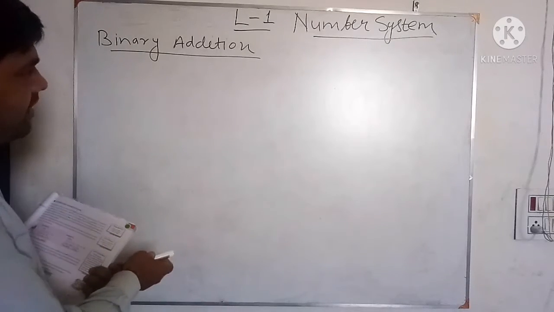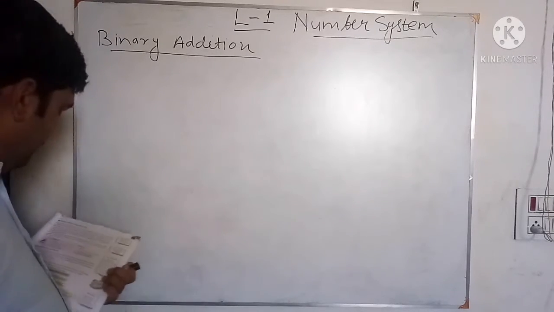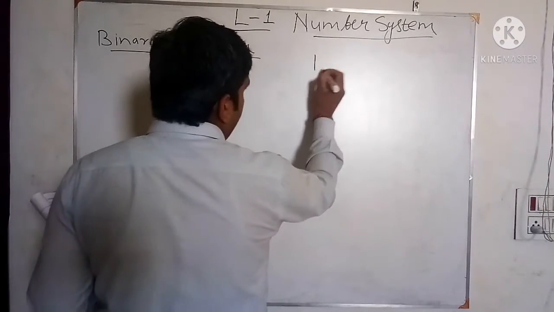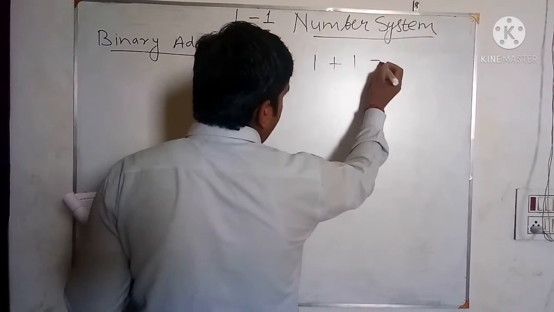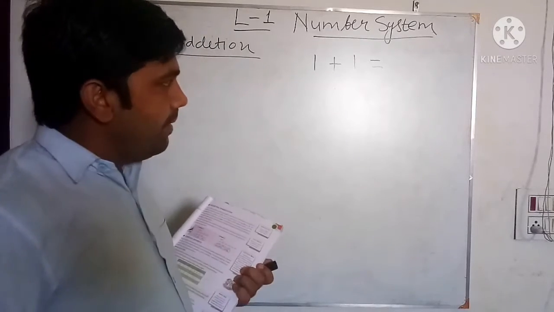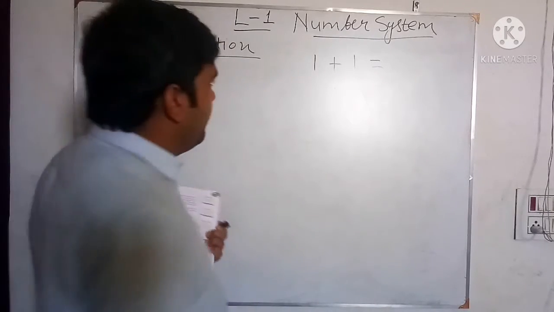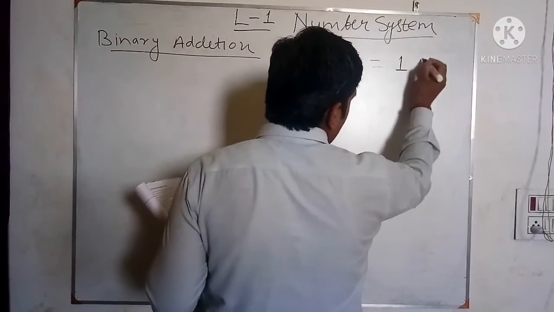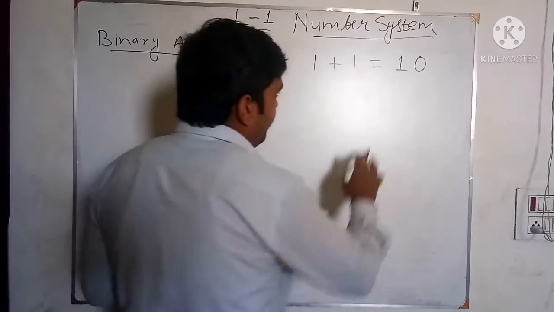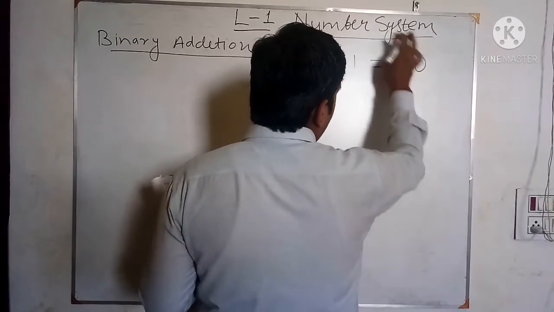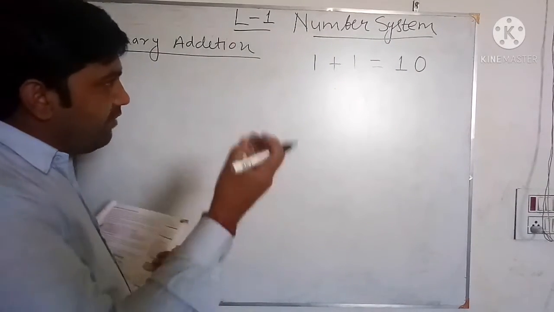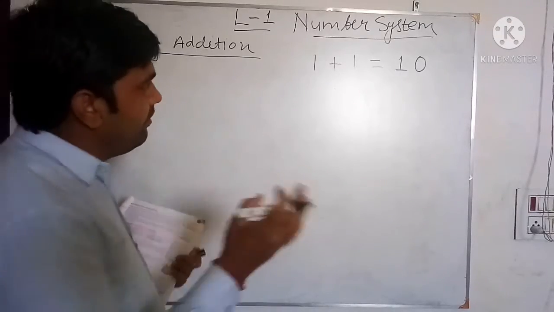The binary digits are 0 and 1. See what the result will be. If you are adding two binary bits 1, 1 plus 1 in binary gives you 10. So we write only 0 and 1 will go to the carry. We write only one bit, 0, and 1 goes to the carry.